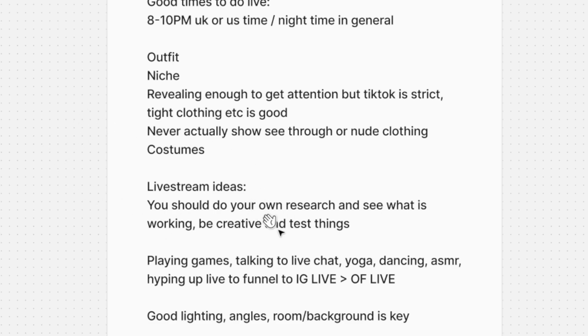At the time, things work sometimes, things don't work sometimes. If too many girls start to do it, it'll stop working. So you've got to be creative and figure your stuff out by yourself. Do some research, see what other girls are doing, and add your own twist to it. That's basically what we did, because we saw a girl do something very similar. So basically, what we did was